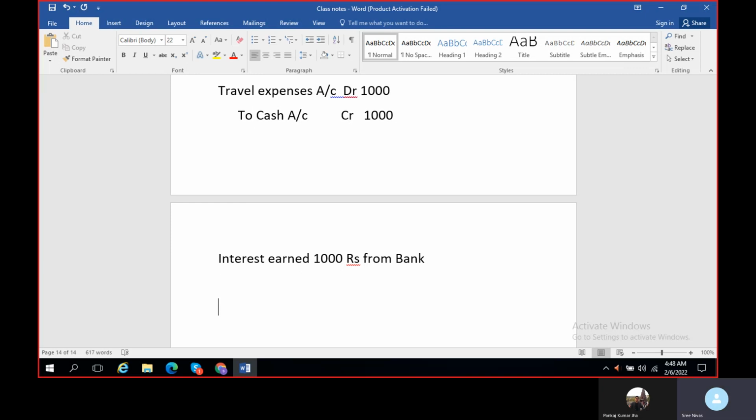Can someone tell me what the journal entry for this one is? As per the nominal principle, debit all expenses and losses, credit all incomes and gains. So here, what is the gain? We are earning, right? Since it is a gain, as per the nominal account,